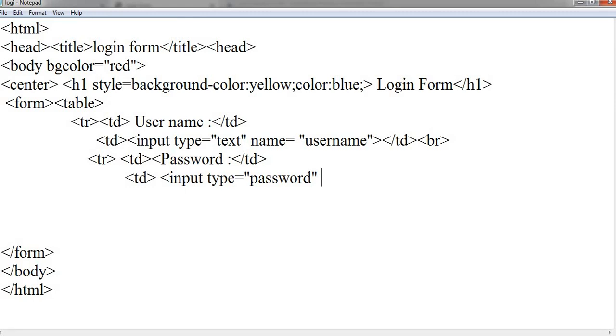So this is a password, with name as userpass. This is a type of input normally used while creating forms. So close the tags which are included in this. We have to close td, then we have to close the row.